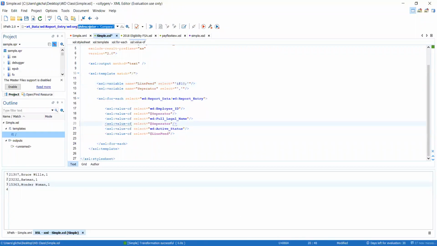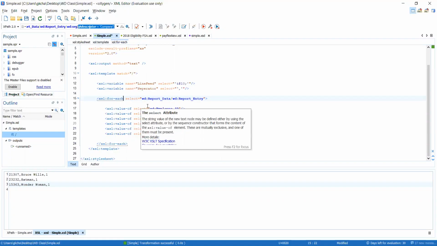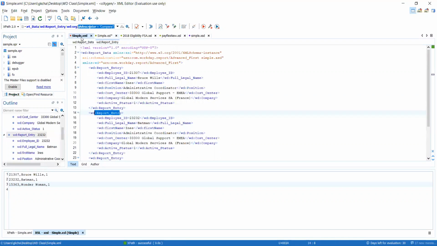Let's see. We have seen for each. Okay. For each is a looping, just create a loop. Okay. And then what about for each group? If I want to group certain employees by a cost center or something, I can do it as well, right? So I can create a for each group based on